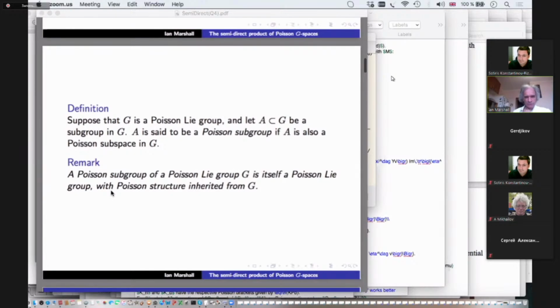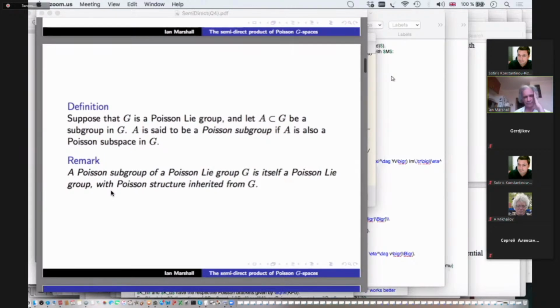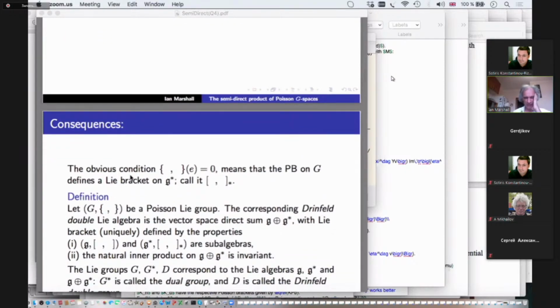And if I have a Poisson Lie group, and if I find a Poisson subgroup in this Poisson Lie group, then it will itself be a Poisson Lie group with a Poisson structure inherited from G. So this will be used. The observation that this Poisson bracket is 0 at the identity means that I can linearize it and obtain a Lie bracket on the dual, because the linearization will take as arguments the germs of these functions, and those will be elements of the cotangent fiber at the identity, which are elements of G star. So we get a Lie bracket on the dual Lie algebra,